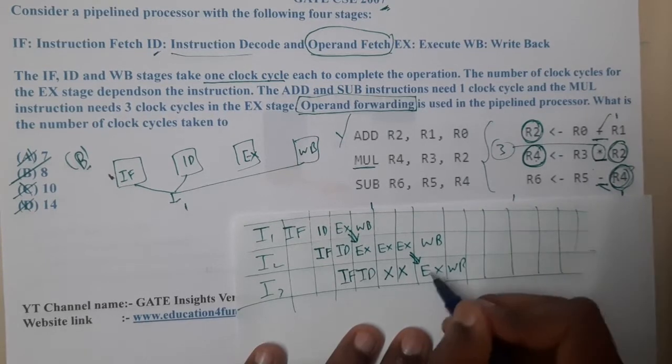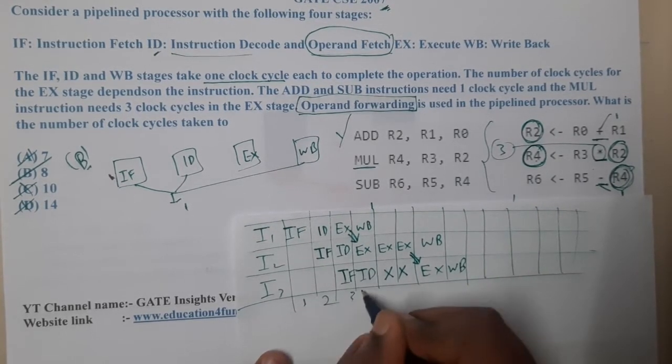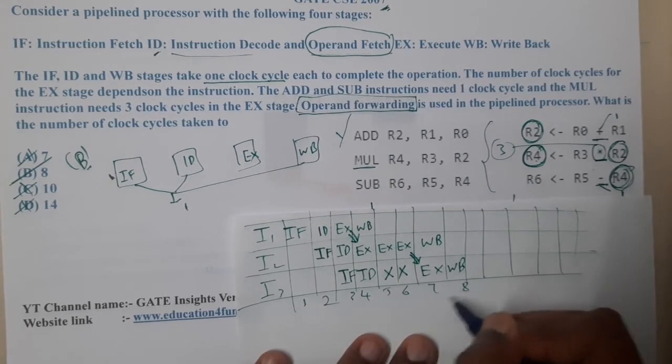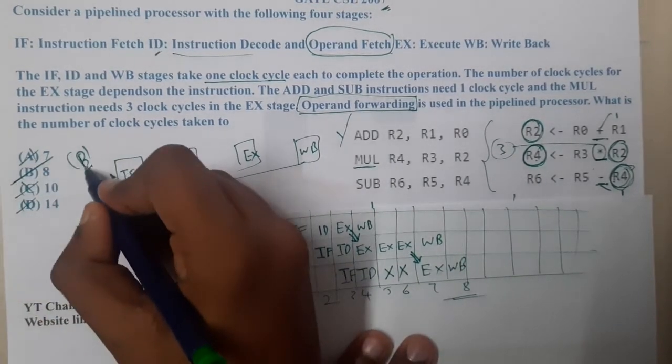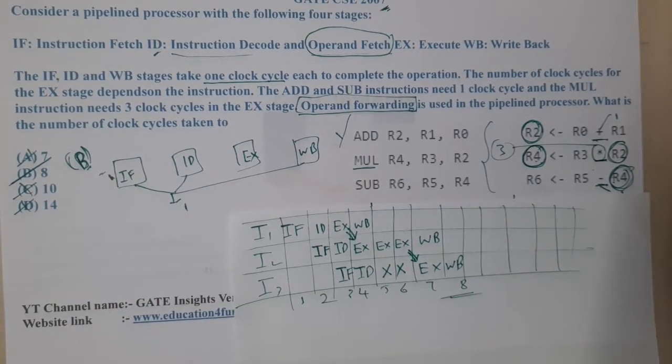So it is only subtraction, so only one step will be enough. Write back. So how many clocks did it take? 1, 2, 3, 4, 5, 6, 7 and 8. So in total with 8 clocks I was able to complete the given thing. I hope everyone got a clear idea, right? So how exactly we are solving these questions.